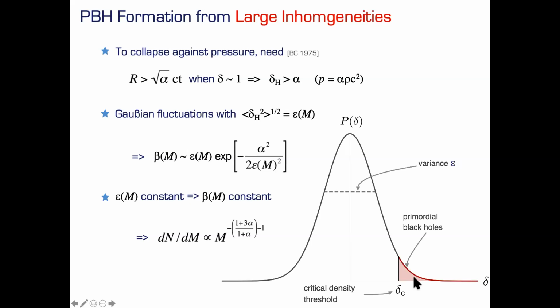Okay, and yesterday we spoke about what the threshold is for the overdensity. In a perfect fluid, if you have an equation of state P equal alpha rho, this was a top-hat type constant overdensity, but it works for general overdensities, the equation of state parameter controls the threshold in overdensity which you need to overcome in order to have a collapse to a black hole. And the most simple scenario is when you have a Gaussian spectrum, and that's how it looks. So basically the high-end tail of this distribution is where you have collapse to primordial black holes, right?